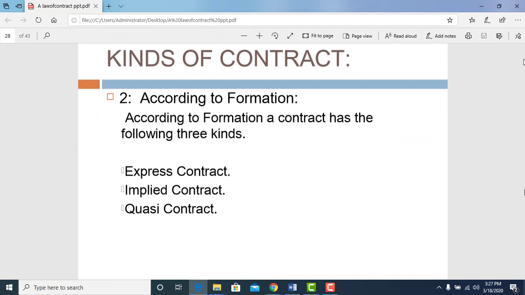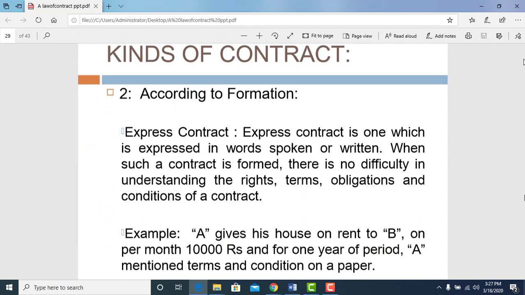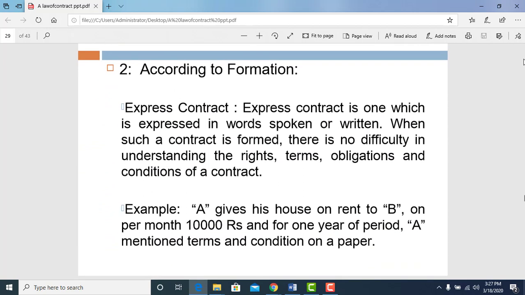Kinds of contract. Second, according to formation. According to formation, a contract has the following three kinds: express contract, implied contract, and quasi contract. According to formation, express contract. Express contract is one which is expressed in words, spoken or written. When such a contract is formed, there is no difficulty in understanding the rights, terms, obligations, and conditions of a